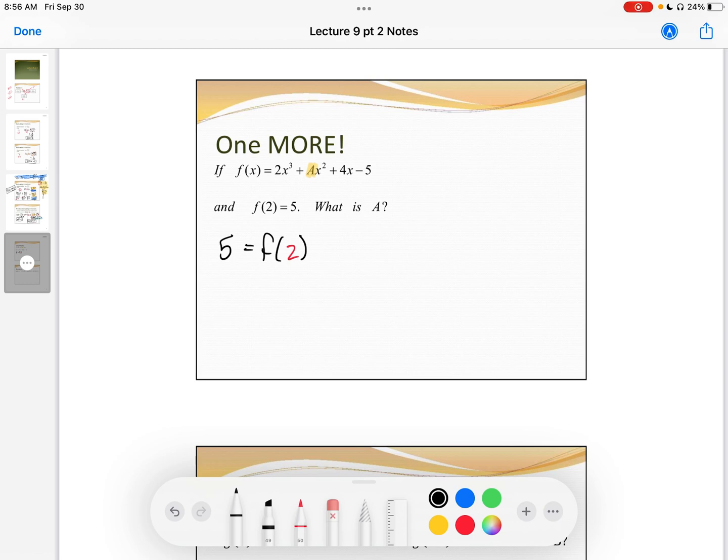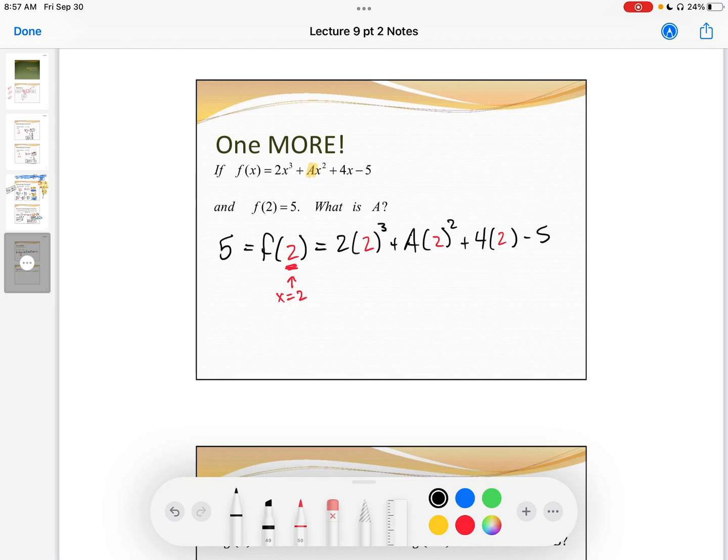f of 2 equals 5. Well, if I'm given f of 2, that tells me that all of my x values equal 2. Okay? So if f of 2 equals 5, I could also write that f of 2 is 2, and then instead of an x, we'd be plugging in a 2 here, cubed, plus a, and then again, instead of an x, we'd plug in a 2 squared, plus 4, and instead of an x, we would be plugging in a 2,